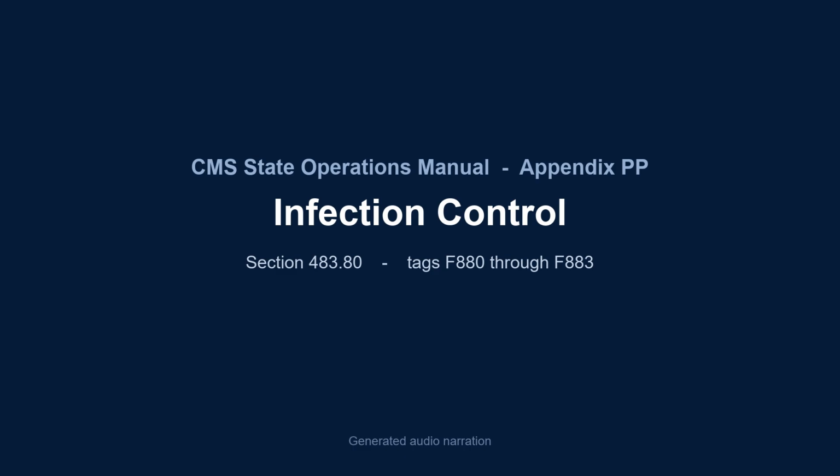Key elements of noncompliance. To cite deficient practice at F883, the surveyor's investigation will generally show that the facility failed to do any one or more of the following: develop, maintain, or follow policies and procedures for immunization of residents against influenza and pneumococcal disease in accordance with national standards of practice, or vaccinate an eligible resident with the influenza and/or the pneumococcal vaccines, unless the resident had previously received the vaccine, refused, or had a medical contraindication present, or